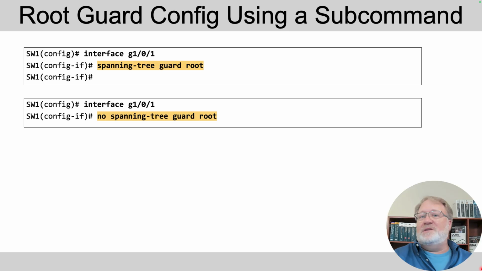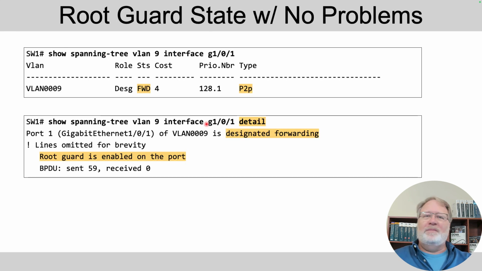The implementation is pretty straightforward. You can only enable it with an interface subcommand. There's no global option. So you get in interface mode, spanning-tree guard root enables it. You want to turn it off later? No spanning-tree guard root. See, relatively straightforward. Now, if you want to see the state when there's no problems, that is, there are currently